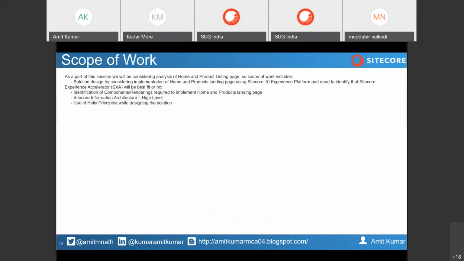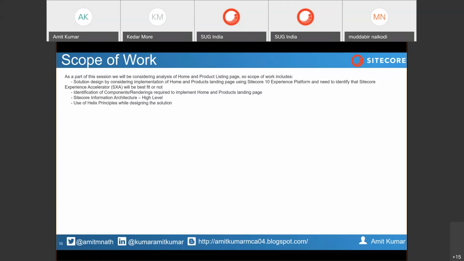Generally, while you are implementing any application, it's better to document the scope. Otherwise, when you go to the go-live or anything, so many things come back to you. The client will ask, "I said this also, I said this also." So it's better to document all the things, take a sign-off, and proceed further.